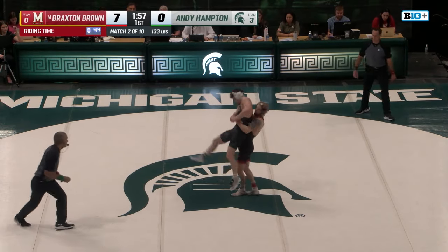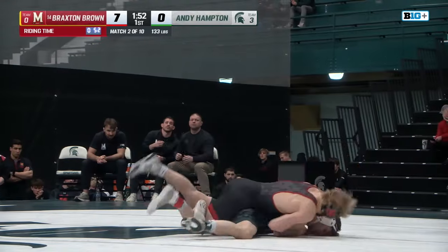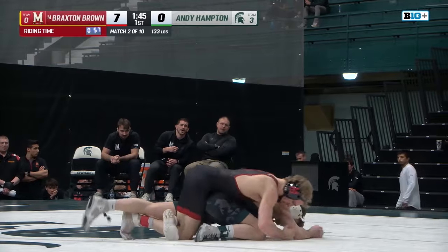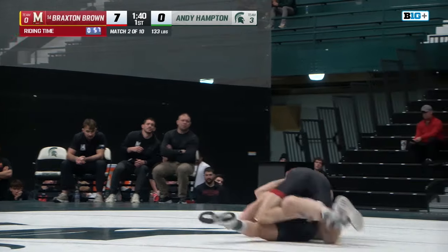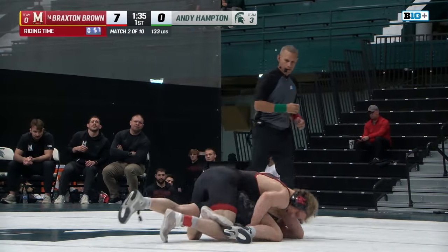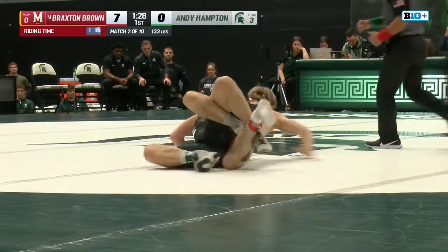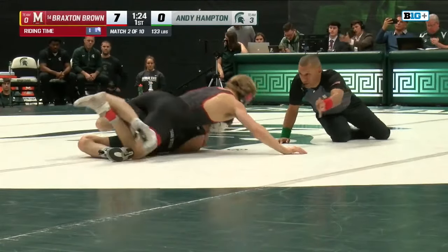We'll try to get more back points as Hampton tries to escape. Slammed to the ground right there. And right back to that left leg. You see it figure forward, and he's coming across the body again on that left side. Working just over the shoulder of Andy Hampton. Then takes his right hand, knocks out Andy Hampton's right, which was a post hand. And now you're looking at the pressure here on the lower back, and if you don't turn, you have 2 choices. You either turn and give up the near fall, or...